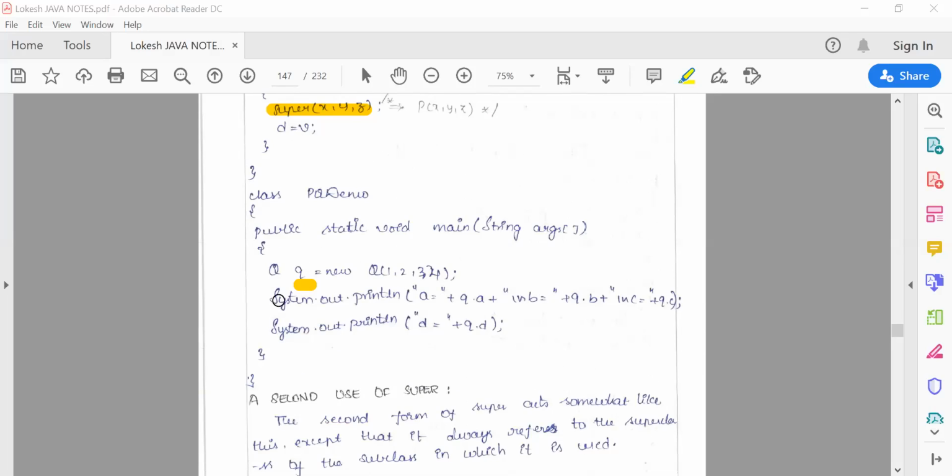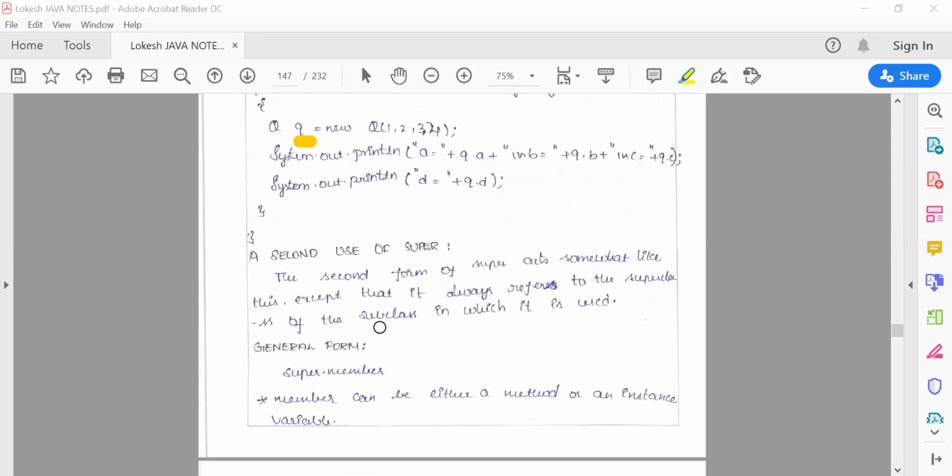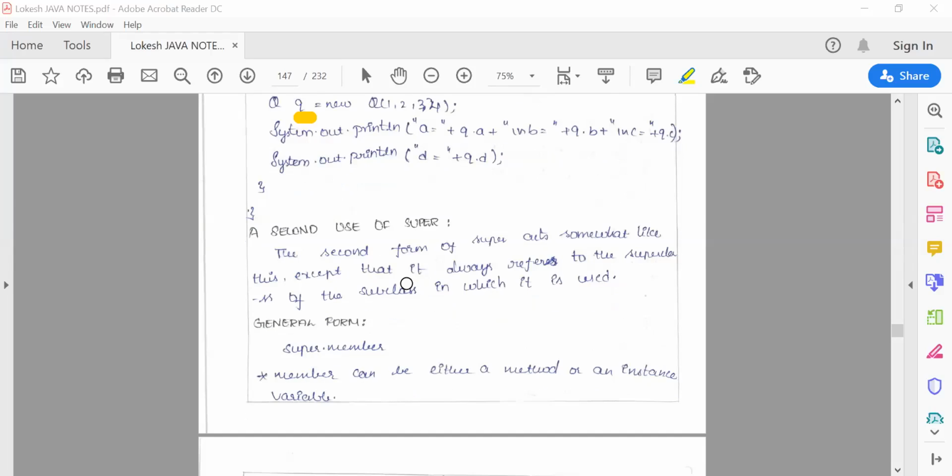Afterwards, when we move on to the other part of the code, here it's a small activity. We are trying to display the values. When we display the values, we'll get the output: value of A as 1, value of B as 2, value of C as 3, and value of D as 4. Then we'll see the second approach. The first approach was calling the superclass constructor, whereas the second approach is calling the superclass member which is hidden by a subclass. Remember, calling a superclass member which is hidden by a subclass comes under overriding.